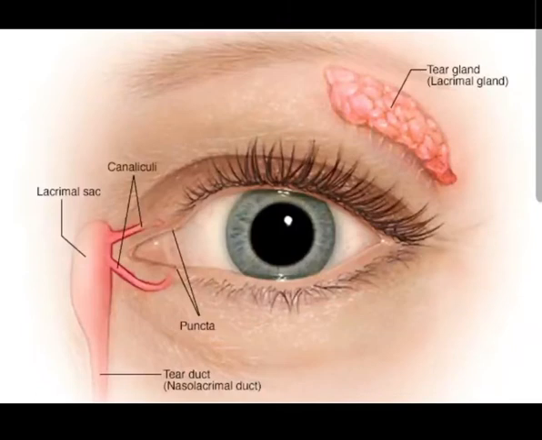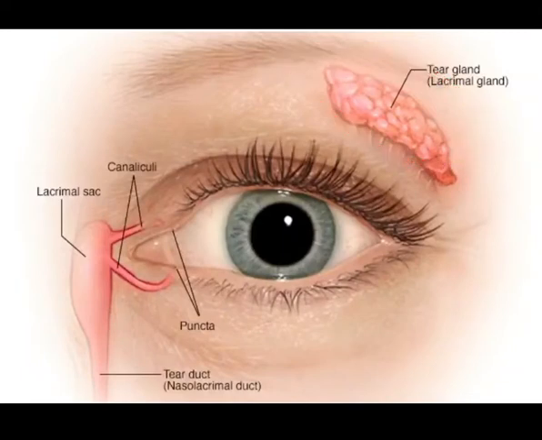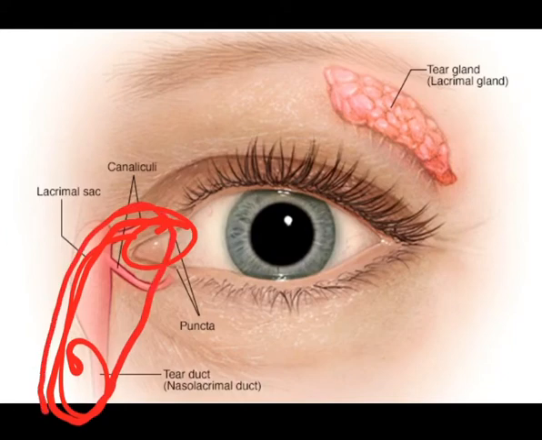Now, tears are continuously produced by the lacrimal glands, and these tears help in lubrication of the inner surface of our eye. So, in the case of excessive production of tears by the lacrimal glands, these tears are drained through the tear duct, which is another type of duct that connects our eyes to the nose. So the excessive tears are drained through this tear duct, or another name is nasolacrimal duct, into the nose.